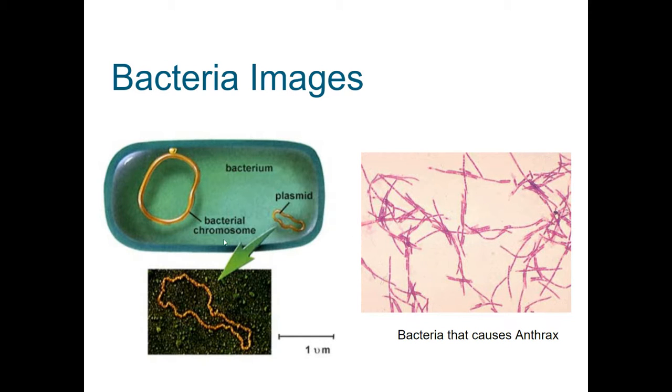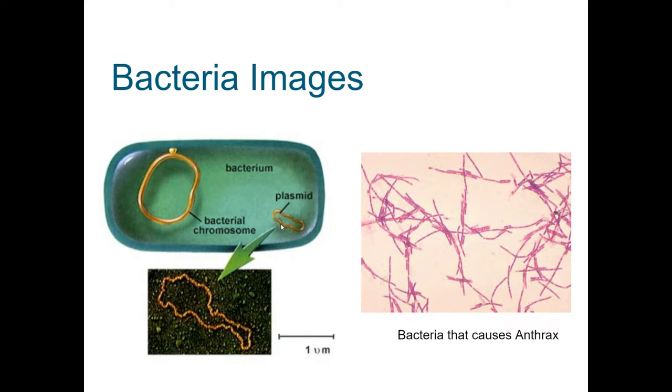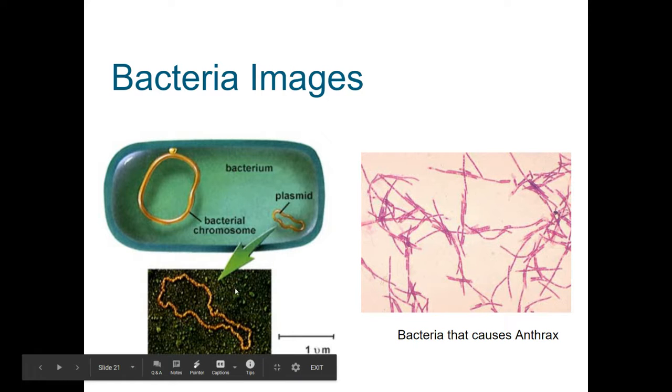So if this is an entire bacteria, inside of our bacteria, we would see a single circular chromosome, which is basically the DNA hanging out in the cell. It does not have a nucleus. And then some bacteria actually have what's called a plasmid, and this is a magnified plasmid, and that's an extra circular piece of DNA that can be transferred between bacteria